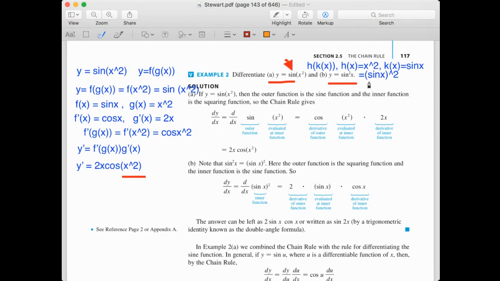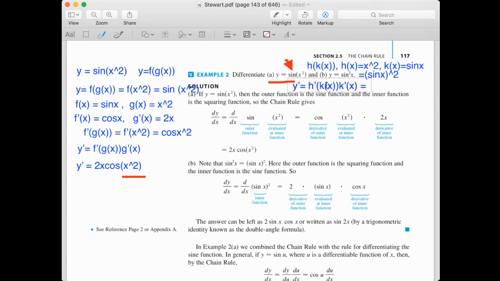So when we take a derivative, h prime takes sine x as input. So y prime in this case equals h prime takes k as input, then multiplied by k prime,